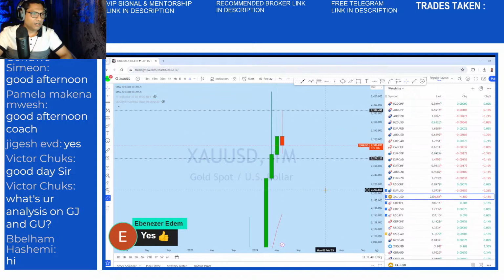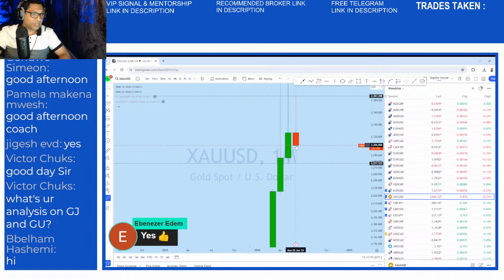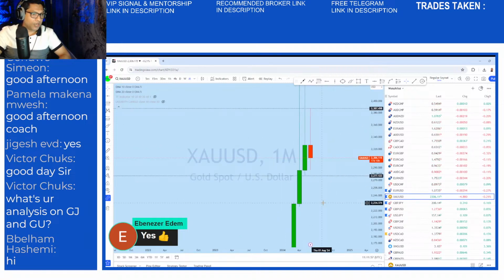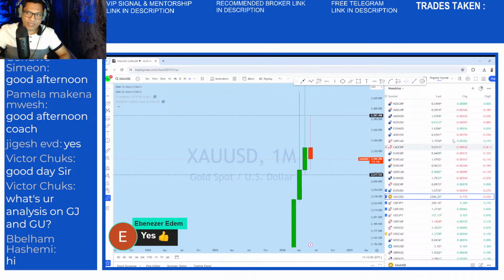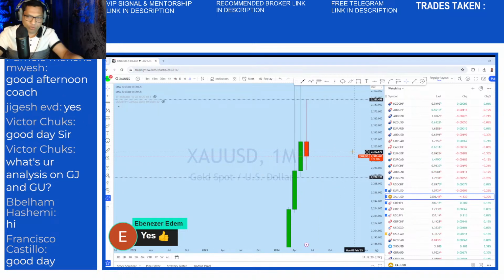Let's see, what do you think, that gold is going to break that support, or it's going to go back to the resistance? From the monthly, we can see that the market is approaching that support level, and I'm expecting it to drop back below the support, expecting it to drop further to the downside. This is what I'm expecting. It doesn't mean that it's going to happen, so don't just press a sell button, guys. It's important that you always take everything from the perspective of probability. Probability is very important to understand in trading. We'll be discussing in depth on this topic as well.